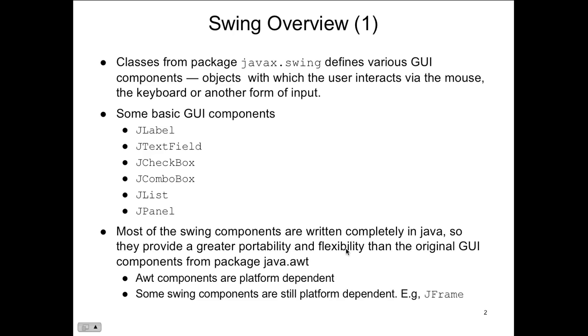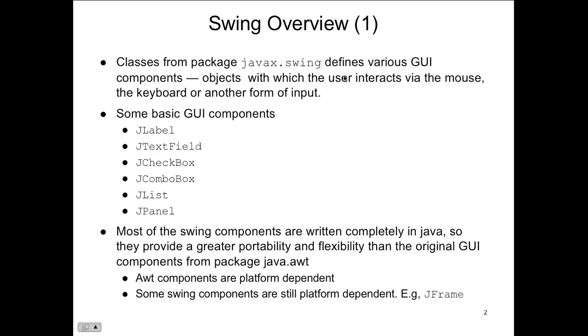so they can provide a greater portability and flexibility than the original GUI components from the package java.awt. So before we had swing, we had AWT, which is Abstract Window Toolkit, which wasn't always written in complete Java. It was written in a Microsoft/Java kind of C++ kind of interface. AWT is still being used, still being supported. It's in the Java package. Swing was sort of an add-on from the original. So originally we had AWT, and then we had more of a swing component added to it